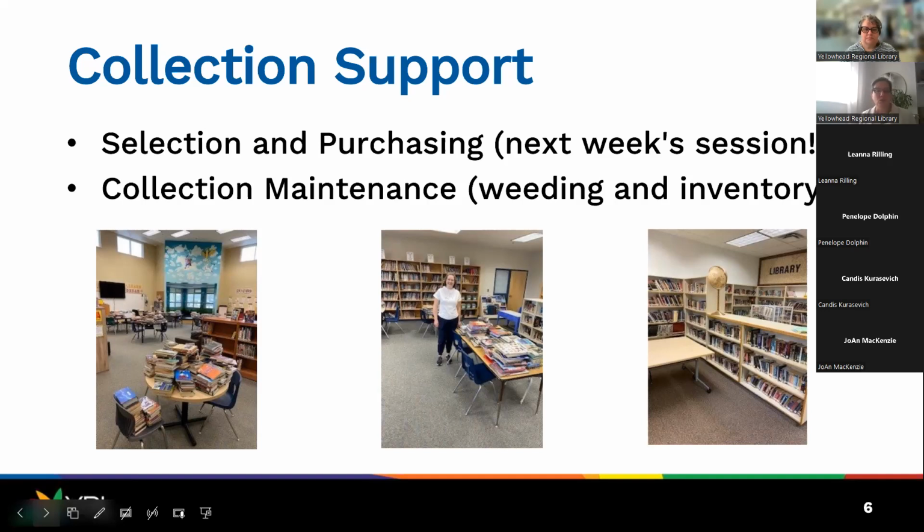The second picture was at Queen Elizabeth Elementary School in Wetaskiwin. And the person in there is my colleague Lena, who works in the tech services department now, but she and I went out and did a full weed of that library. It took several days. We drove out to Wetaskiwin a couple of days in a row, and we significantly reduced that collection. I would say this picture was taken early weed, but our goal with that, or the school's goal with that collection, was actually to